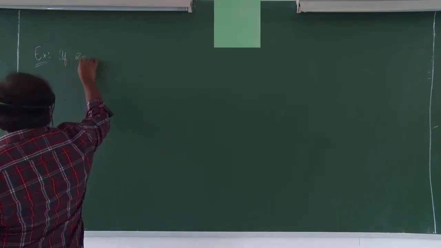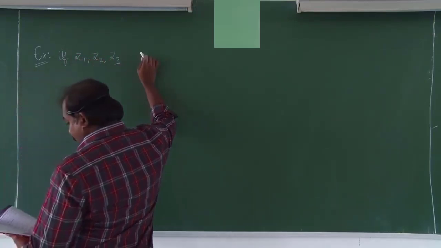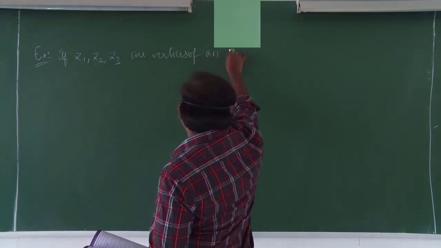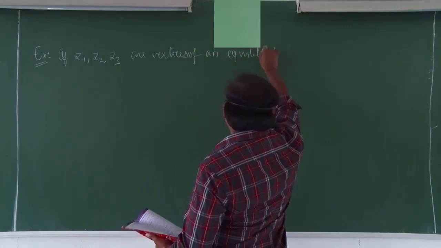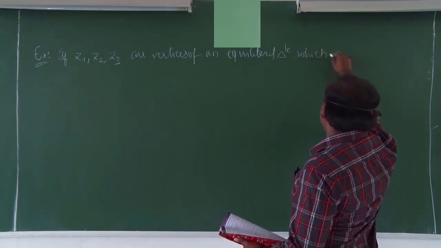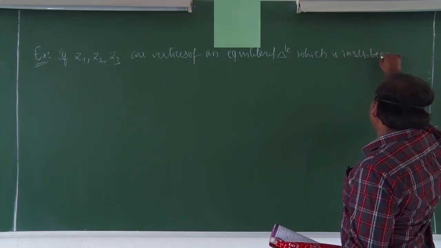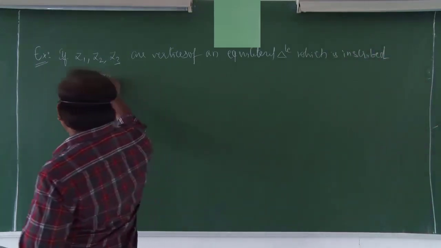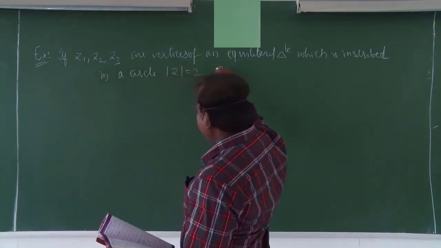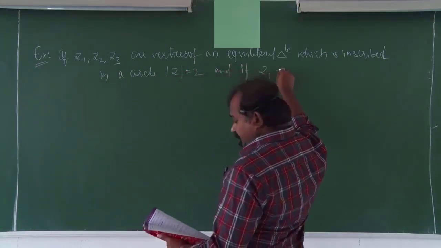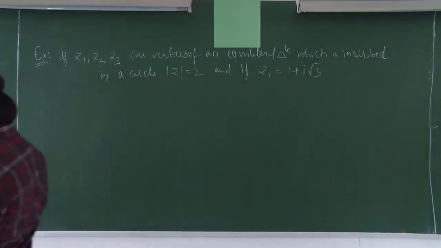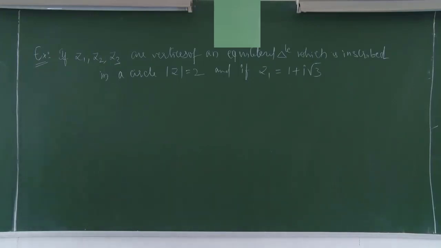If z1, z2, z3 are vertices of an equilateral triangle which is inscribed in a circle, mod z is equal to 2, and if z1 is equal to 1 plus i root 3, then find z2 and z3 respectively. This is what they have given. Okay, so according to the given